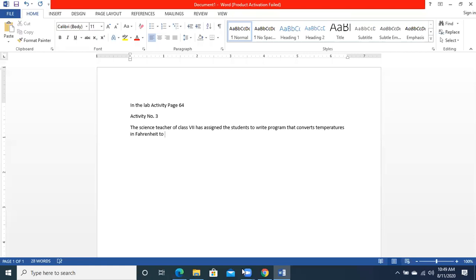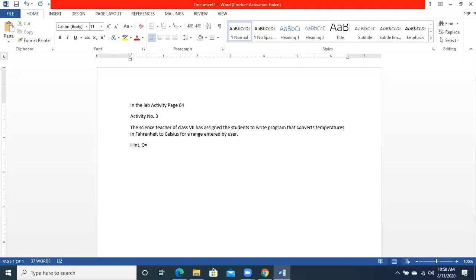Fahrenheit to Celsius. Basically, these are the two types of scales which are used to measure the temperature for a range entered by user. मतलब the problem statement is basically asking you that there should be a code that will convert the temperature, and the formula is given over here. Hint में इन्होंने formula भी दिया हुआ है. Formula is also given over here.